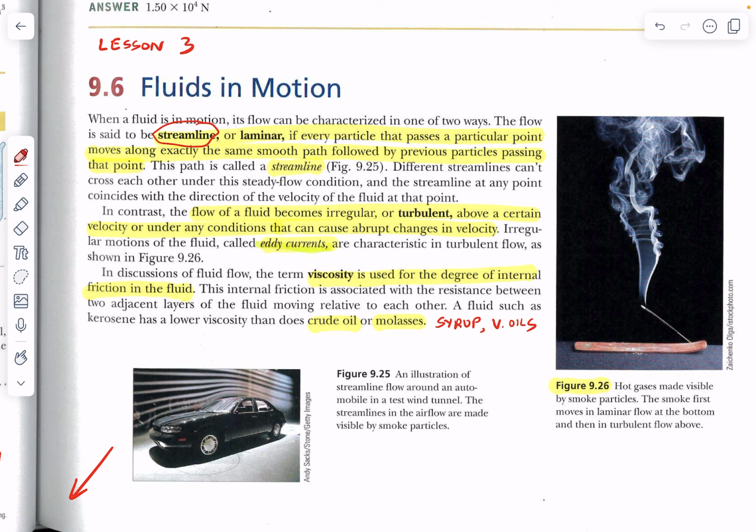If your car or your boat is streamlined, your airplane is streamlined, it's going to reduce the air friction and it's going to improve the gas mileage. It's also going to create a more comfortable ride. The opposite of being streamlined is to be turbulent. Turbulent means that at some point you reach a velocity where